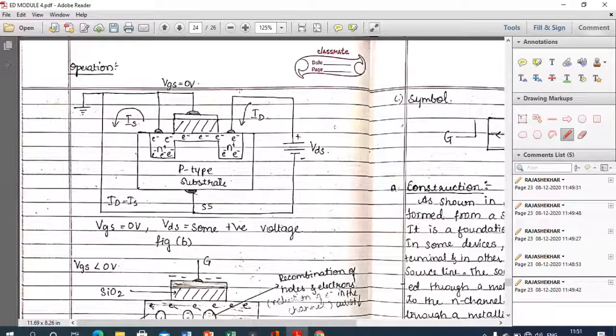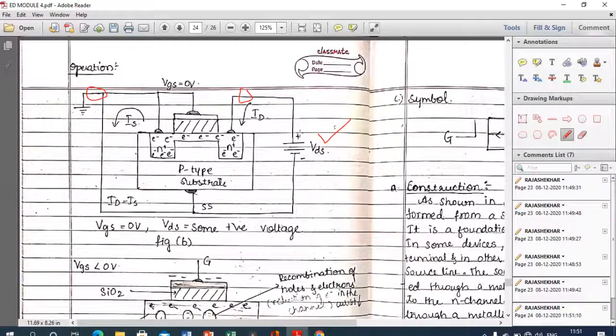So look at this. This is a drain terminal and this is the ground. Between them there is a substrate terminal, which is a fourth terminal. Sometimes it is directly connected to the ground, sometimes it is used as a fourth terminal, okay. Now here look at this, this is VDS, the drain to source voltage, which is connected between the drain and the ground, or we can say the substrate.